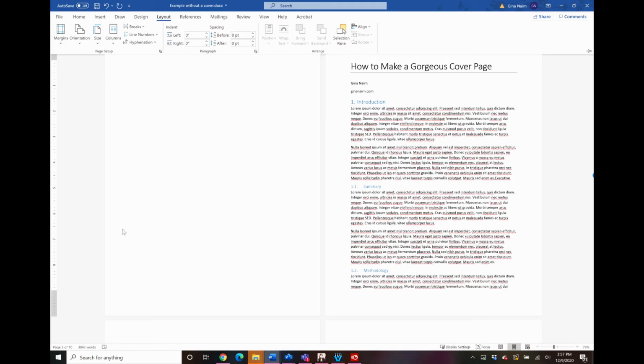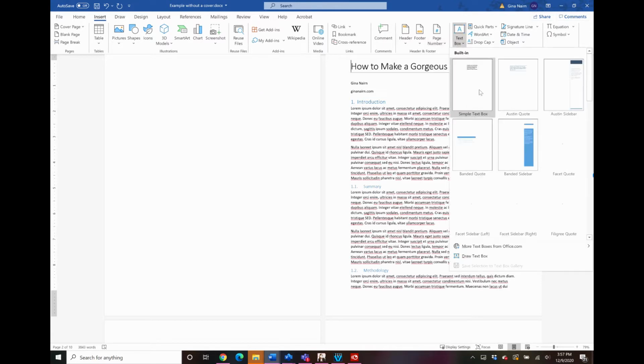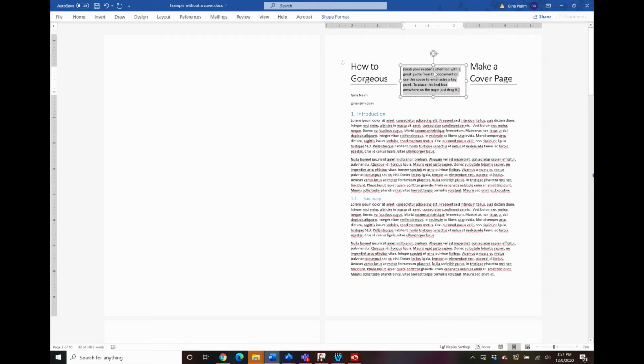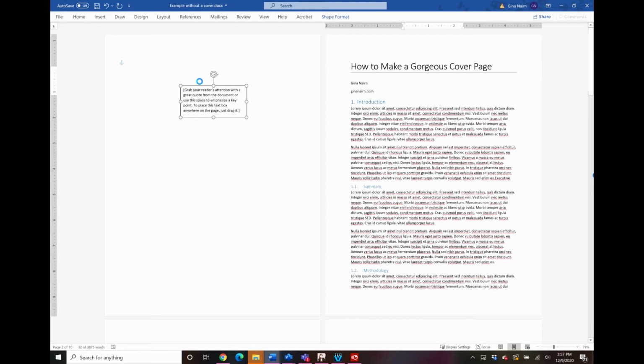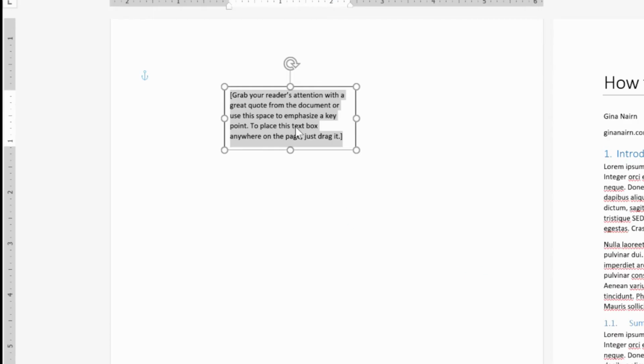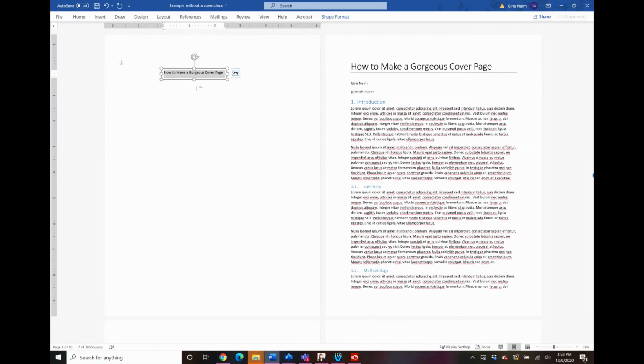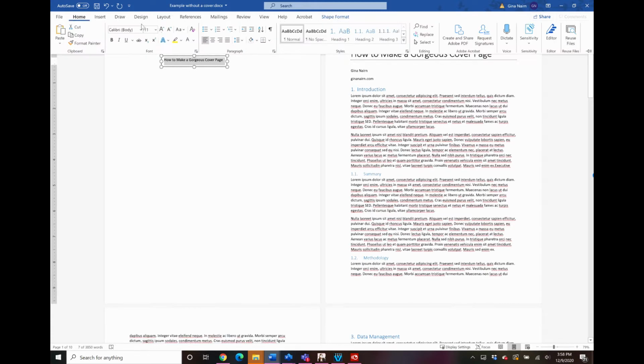So what a lot of people will do is just go here to the Insert menu and insert a text box, and we'll go ahead and drag that over to our cover, and we'll type in our title, How to Make a Gorgeous Cover Page, and maybe they'll make that larger.